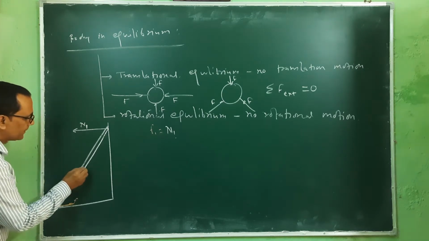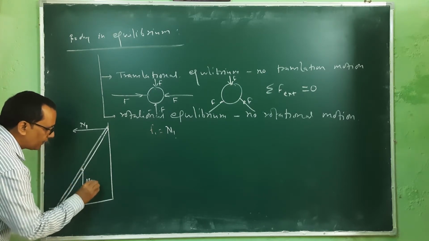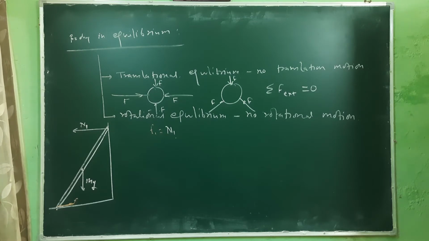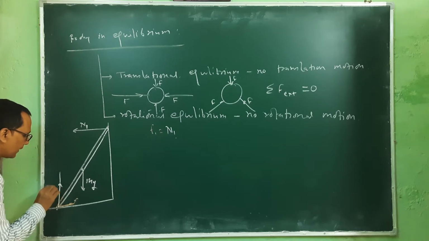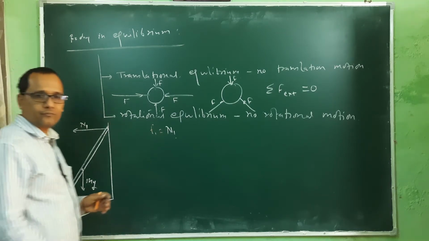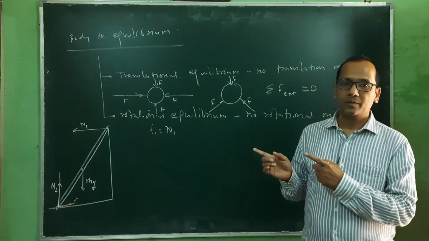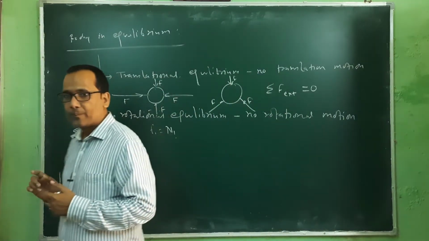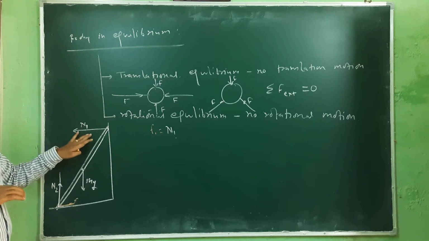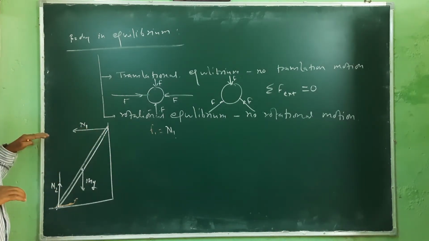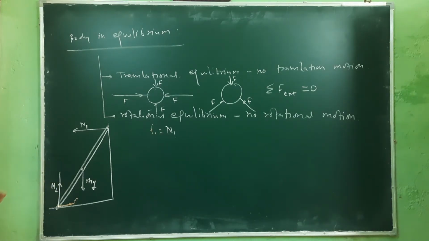And the mass of this ladder acts along the center of earth, that is mg. This also acts, and it is balanced by the reaction force on the ground. Okay, so the net torque of this system must be equal to 0. So we have to calculate the torque due to this N2 as well as this N1. N1 applies along this direction, and this one along this direction. So we have to calculate the torque, and these must be equal.